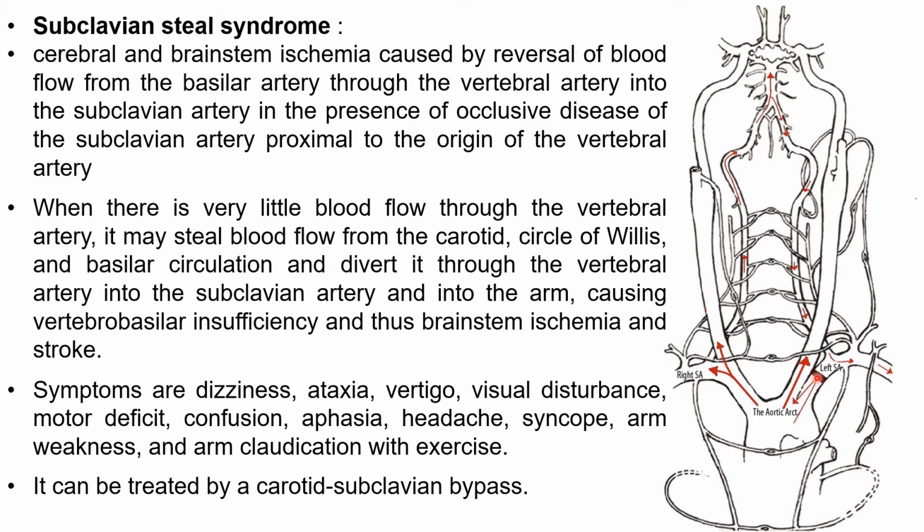Now suppose the left subclavian artery has a block, and blood is not going from the subclavian artery into the left vertebral artery. Now what does this vertebral artery do? This left vertebral artery starts stealing the blood, and the blood starts flowing in reverse. It changes its direction of flow, and from the right side system, and from the brain and the internal carotid